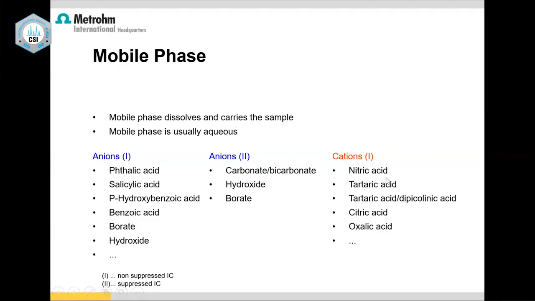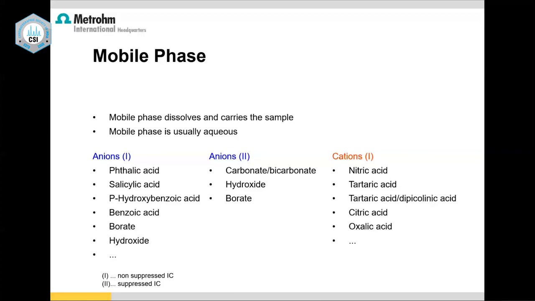So we have to use salts or acids here. Carbonate or bicarbonate, when I put it in water, becomes sodium plus, and if I put sodium carbonate in water, it becomes sodium plus and carbonate CO3 2 minus and HCO3 minus. Normally, bicarbonate along with carbonate is used for the buffering action to maintain the pH, of course, and carbonate is going to be the eluting ion, the competing ion with my sample ion.